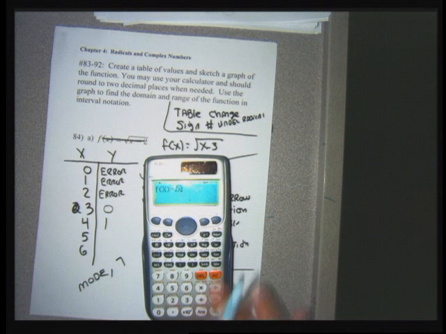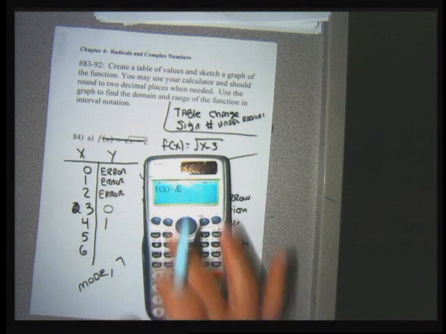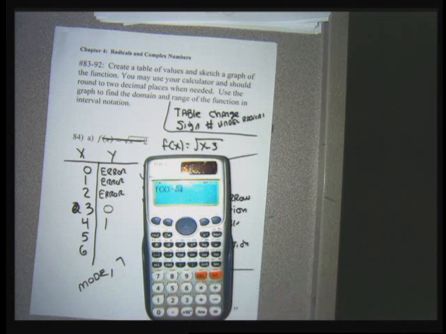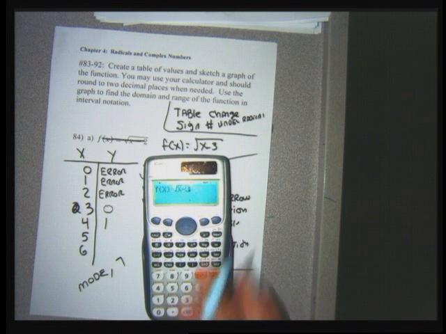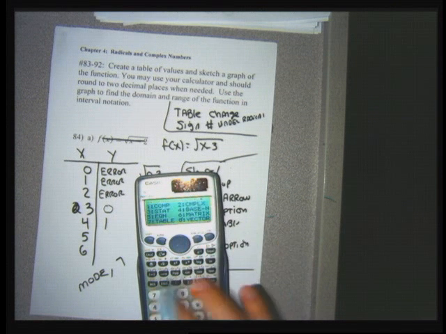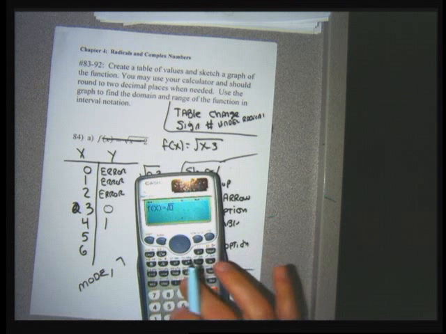So again, what I did is I hit the square root button, I hit the alpha key on the top row, and then the right parentheses key, and then the minus I need is the minus above the equal sign, and then 3. So that looks enough like the function that I feel like it's going to give me a good table. After I get the function in by hitting Mode, 7, and then square root, alpha, right parentheses, minus 3,